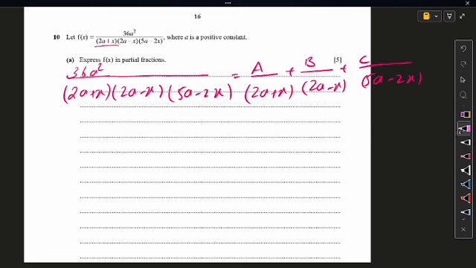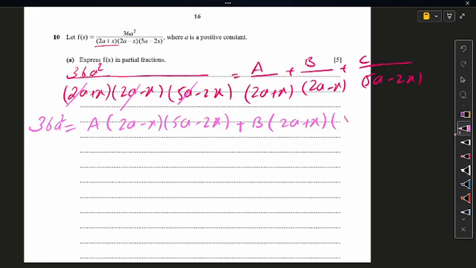Once you multiply, that factor will die on the left hand side, and only the retaining factor would be 36a square, which is equal to a times (2a plus x) would be cancelled with 2a plus x, and only the retaining factor would be (2a minus x) times (5a minus 2x), plus b times (2a minus x) would be cancelled, and retaining factor would be (2a plus x) times (5a minus 2x),